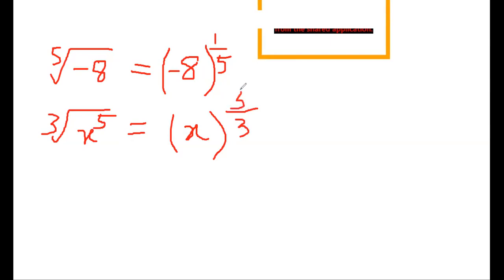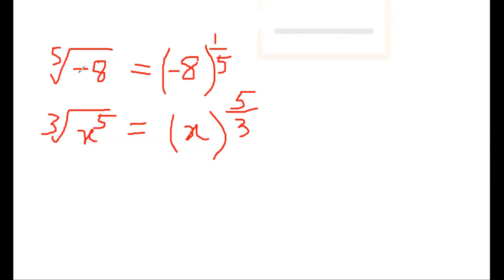So that is the method to convert a radical expression into an exponential form. Now again, we explain: cube root of x to the power 5. x is the radicand, and 3 is the index of radical. When you convert this radical form into an exponential form, you must remember that the power of the radicand must be in fraction form, the index of radical lies in the denominator, and the power of the radicand lies in the numerator.